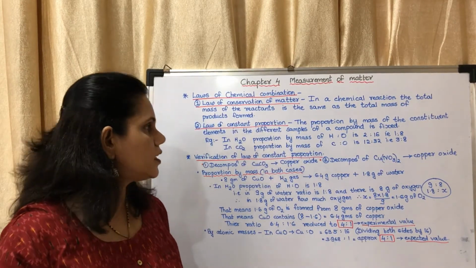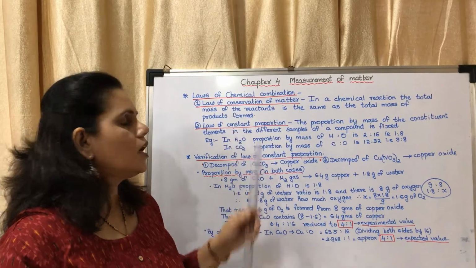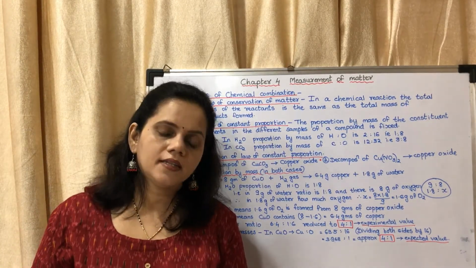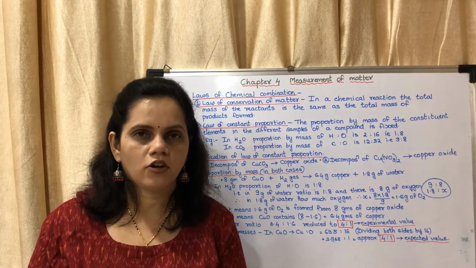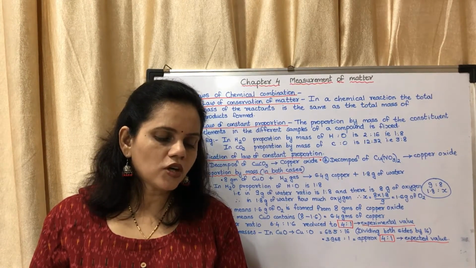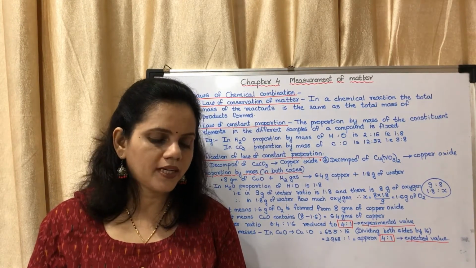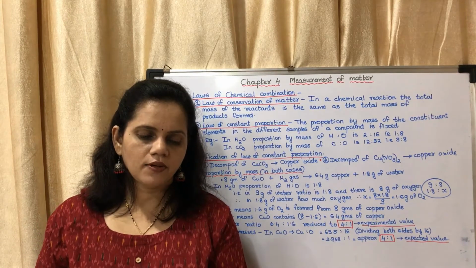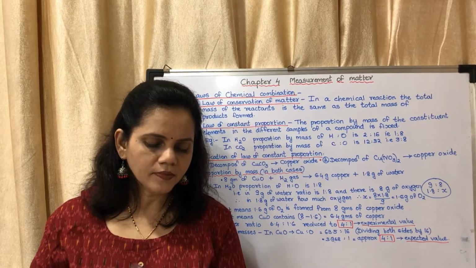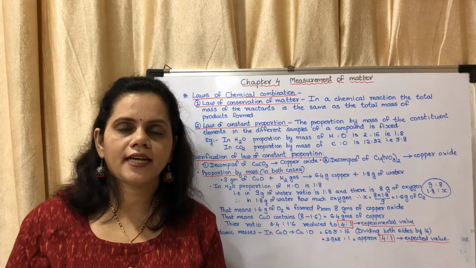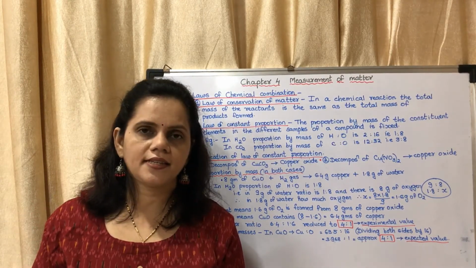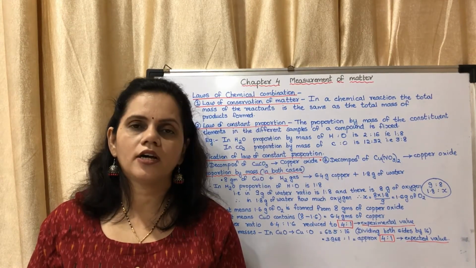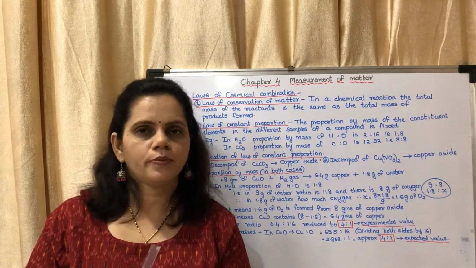Now, who put forward law of conservation of matter? Law of conservation of matter was put forward by, you may mark in the textbook, Antoine Lavoisier. And law of constant proportion was put forward by the scientist J.L. Proust. Okay, this is very important. There is an introduction to scientists part given towards the right hand side. In that they have given information about Antoine Lavoisier. Okay, you may read it.